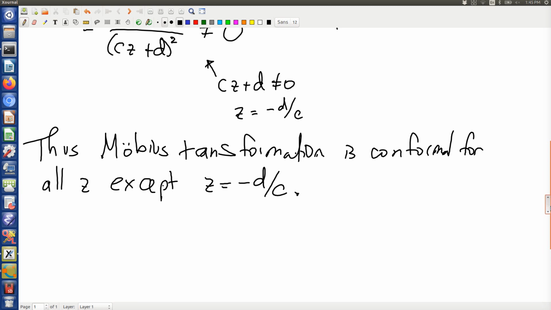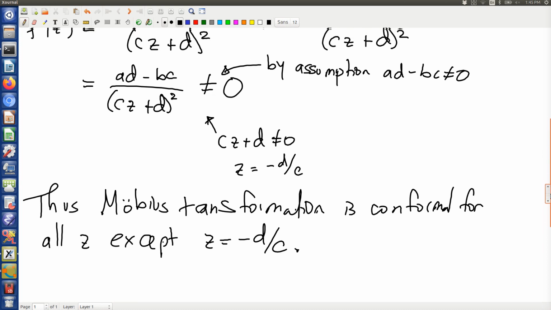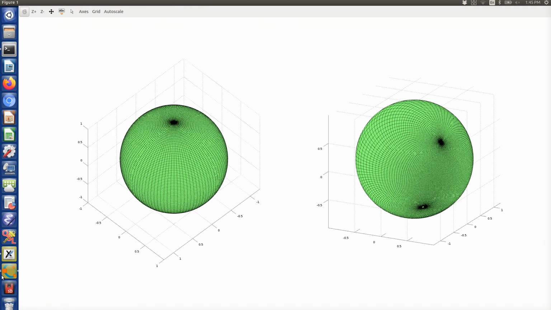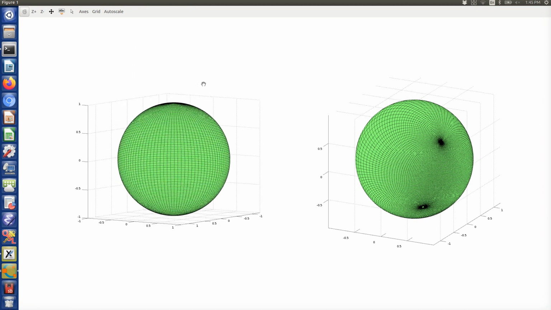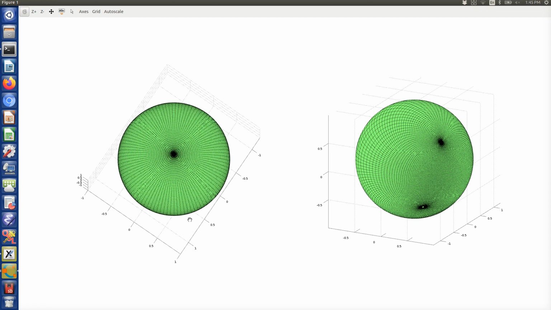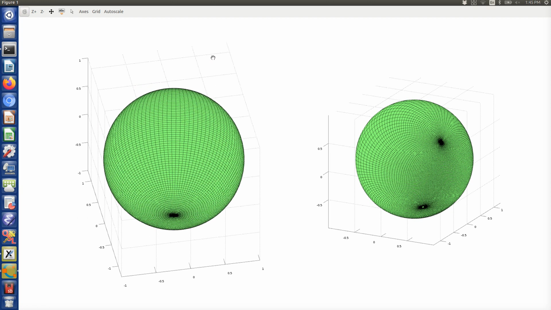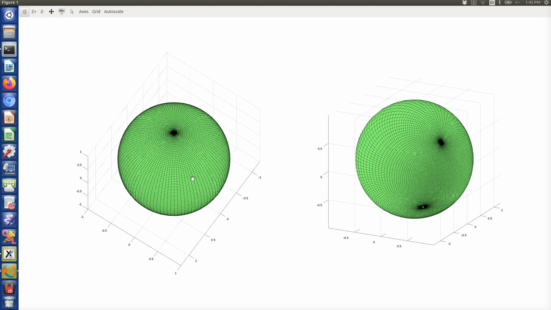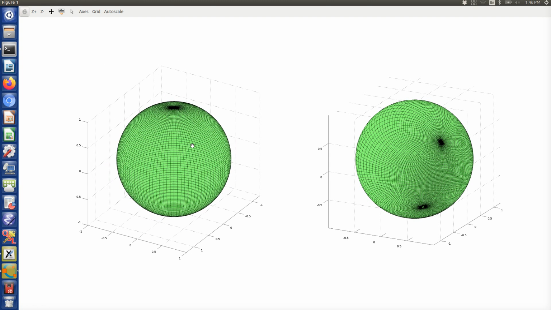And it turns out it's actually conformal there too, and you can see that graphically, although this kind of analysis here doesn't show it. And that's fine. So to see that, let's have a look. On the left, this is the Riemann sphere, sort of the input coordinate. We've got 0 at the bottom, and the point at infinity at the top. And we have the image of a particular Moebius transformation,